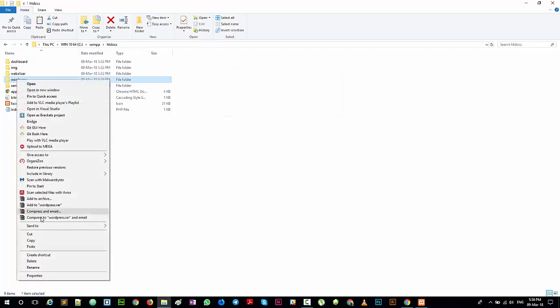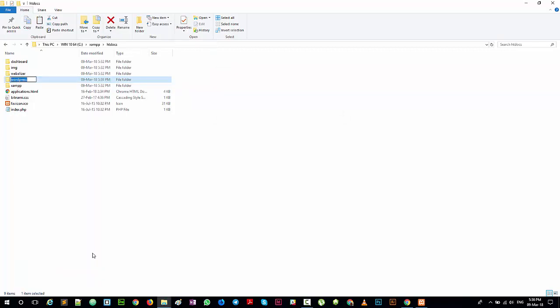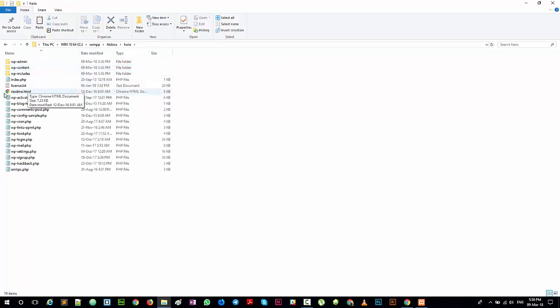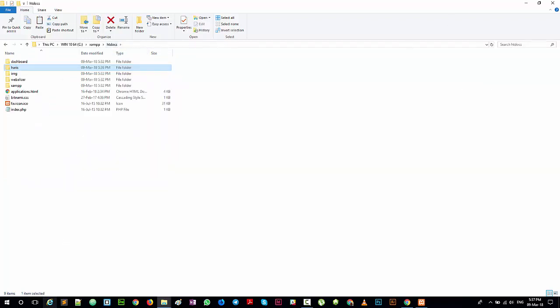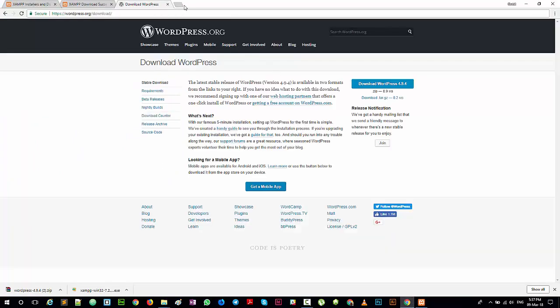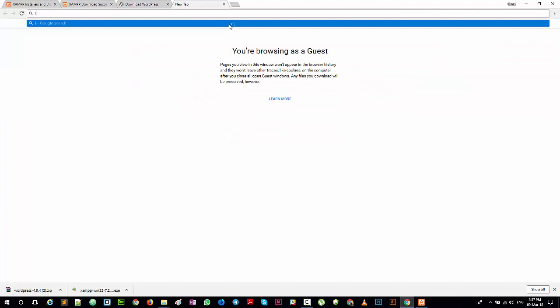Okay, I will rename this before I access it through my browser. So I will rename this like, let's say, Paris. I will double click and make sure that inside my renamed folder these files are available. There are 3 folders and some PHP files and text files. So that's okay. Now I will go to my Google Chrome browser and open a new tab and write here